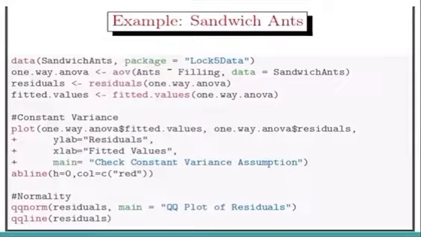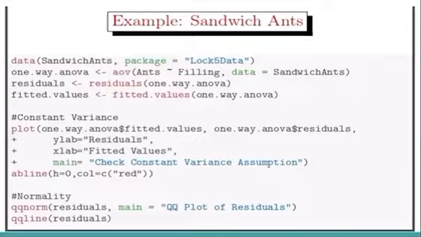Now, what I'm presenting to you now is just the code, if you want to investigate constant variance and normality. My TA is going to walk you through this in lab. Don't forget, we're working on an example that we started on Monday that has to do with effects of sandwiches on attracting ants. We consider 3 types of sandwiches. Of course, this is an R code that is going to generate